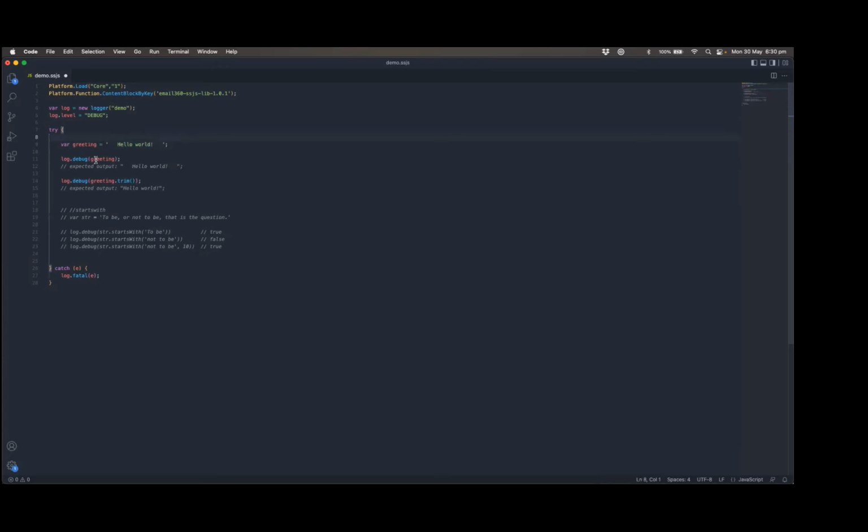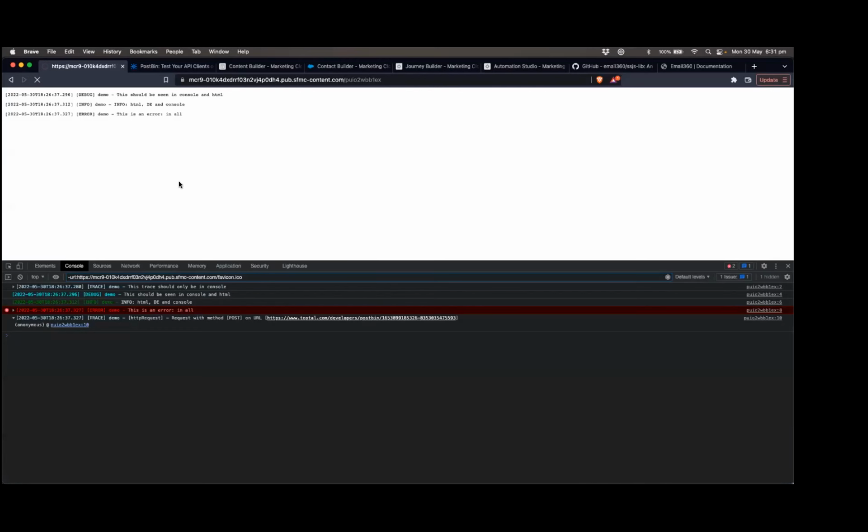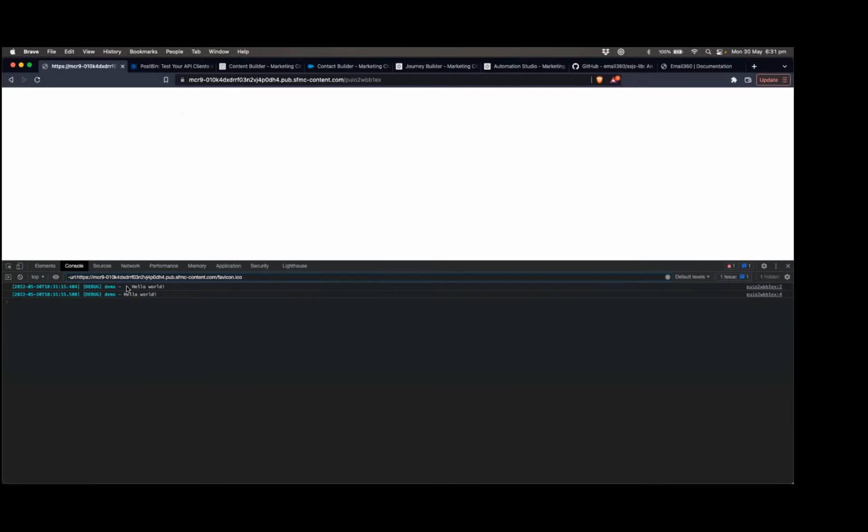Then I log the debug message with greetings, and I'm expecting this output. Then I do greetings.trim, which is the normal JavaScript function of trim. If you Google it and find it from Microsoft, how to use it, it's exactly the demo of the Microsoft environment. Then you would trim all white spaces, leading and trailing. I'll just comment this part out so it doesn't get confused. But if I refresh this now, you will see that you don't have any white spaces anymore on your